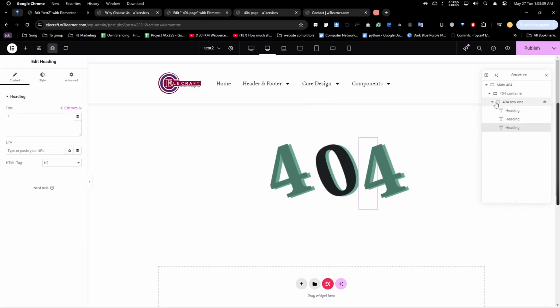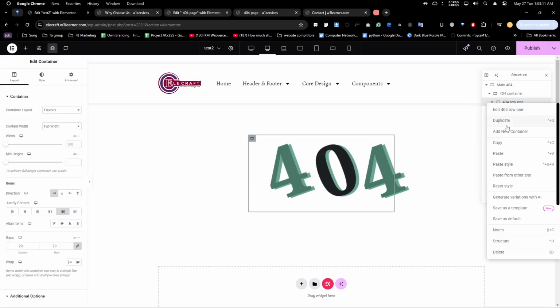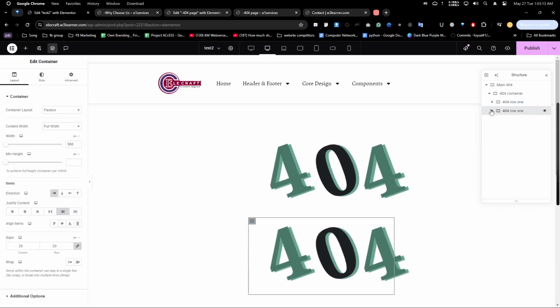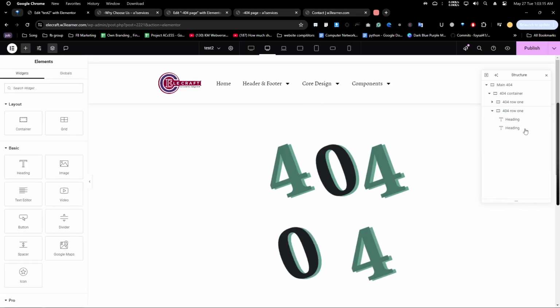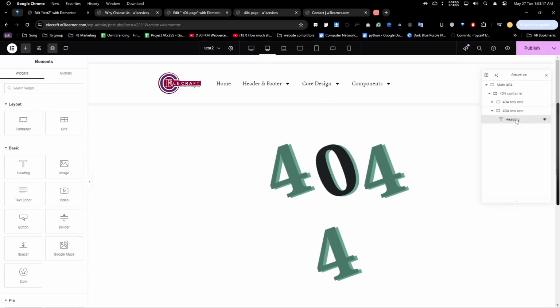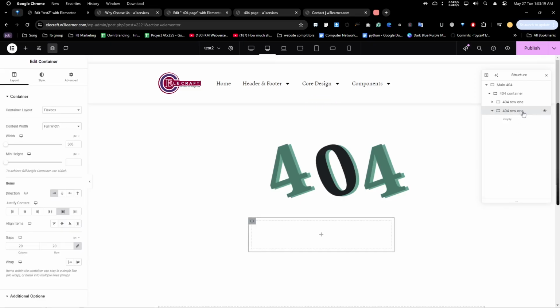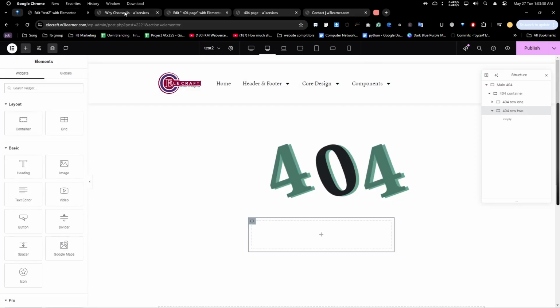And now what I will add, just duplicate the row. I actually don't want all the stuff, but in this row 2, 404 row 2, I don't want TWO. Here I actually want the direction, it should be the vertical. And now I will add, that should be